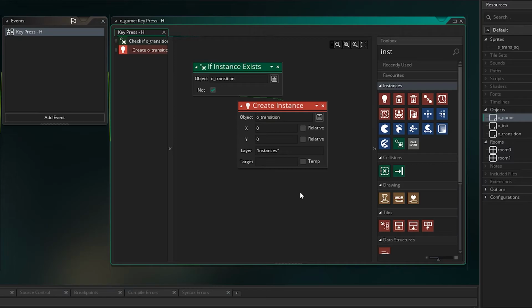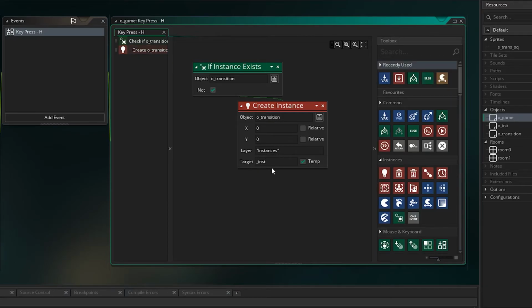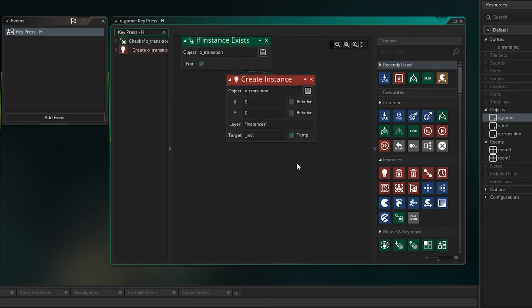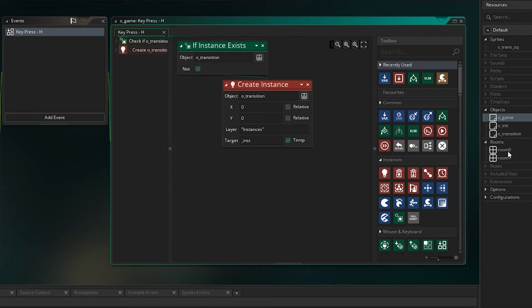So if we set a target here, I'm just going to call it _inst, set it as a temp, and therefore the ID of oTransition when it gets created is assigned to this variable. Now I just want to assign it the room that we're not in. So for you, in your game, you won't have to do any of this, but just because I've only got 2 rooms here, I don't want to ping pong back and forth between them. I'm just going to do a check here and say,